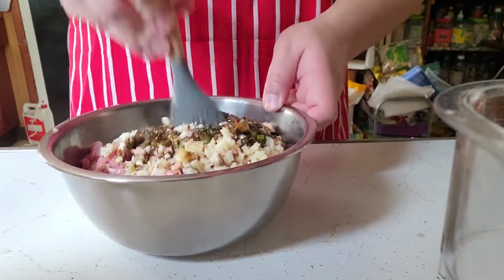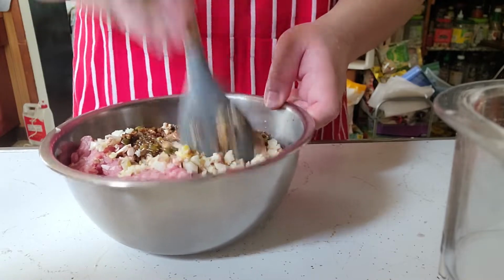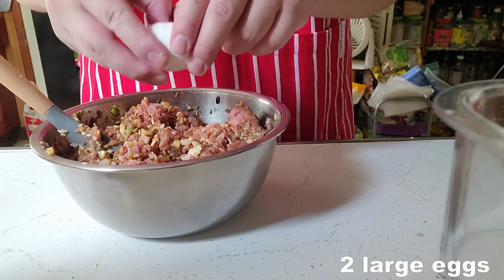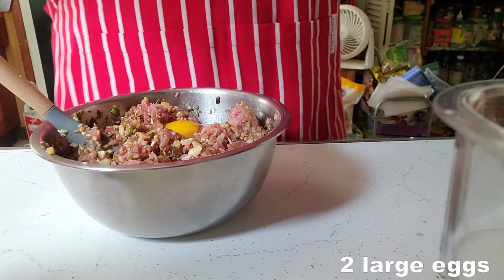Mix everything together as best you can. I'm going to also add some eggs to help bind everything. They also, with the yolk, help make it a little more rich. It also adds a little bit of water with